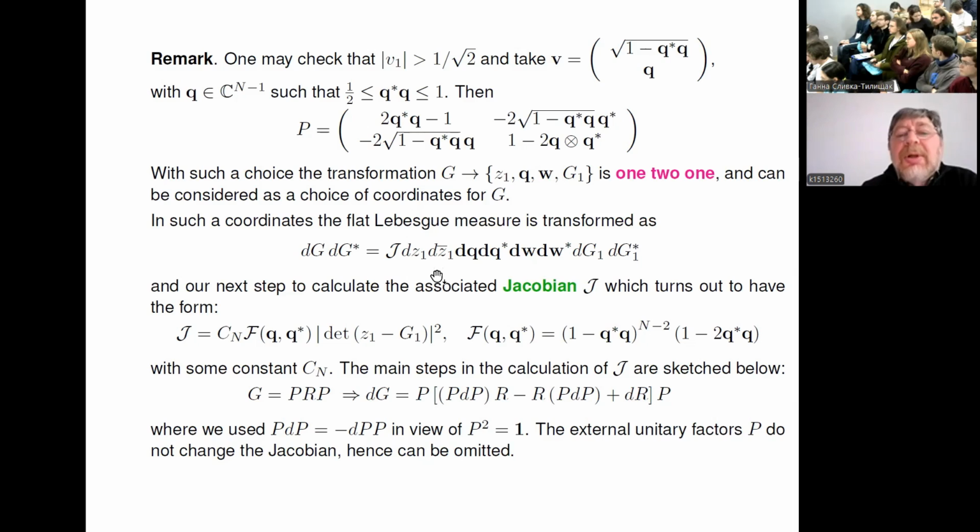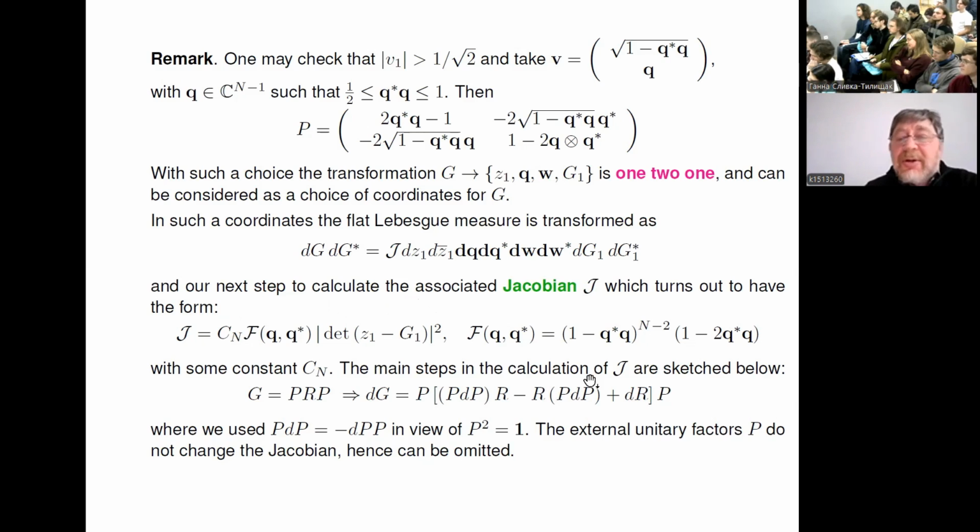This is an exercise, not in one line, but one can do it. I will just sketch the major steps and leave it to you to complete. But basically, the result is that this Jacobian is, up to some known constant, which can be explicitly calculated but we won't give it explicitly,